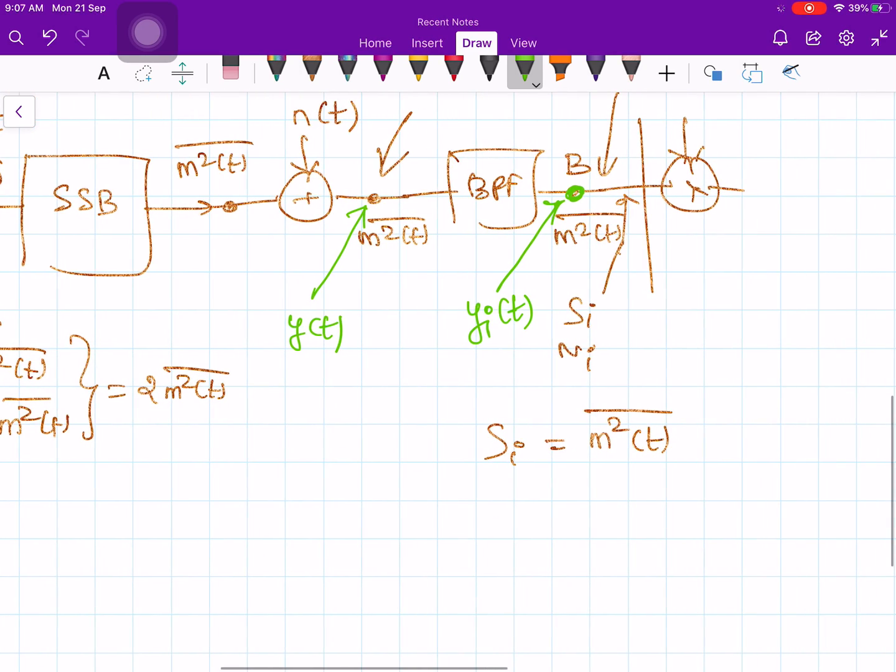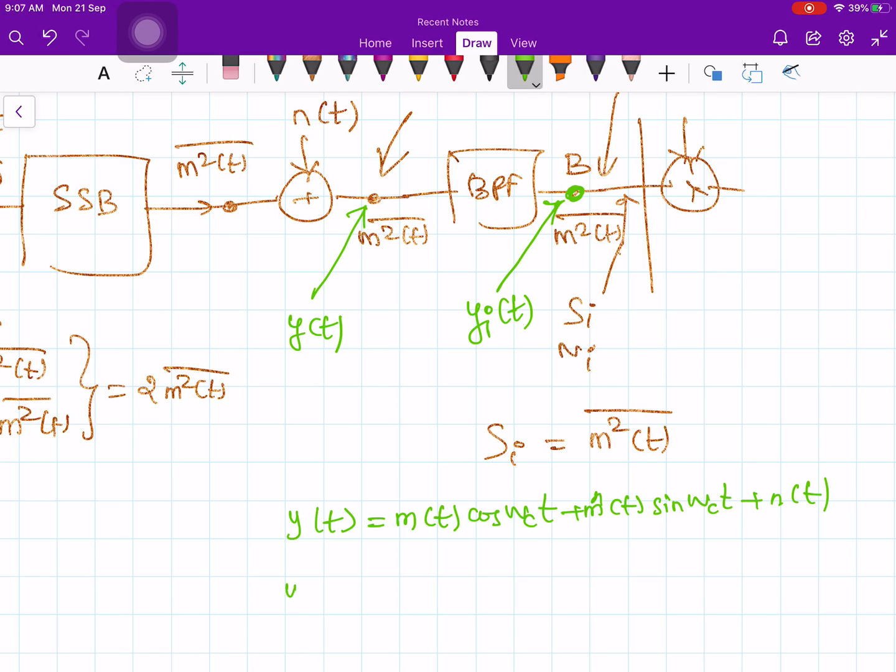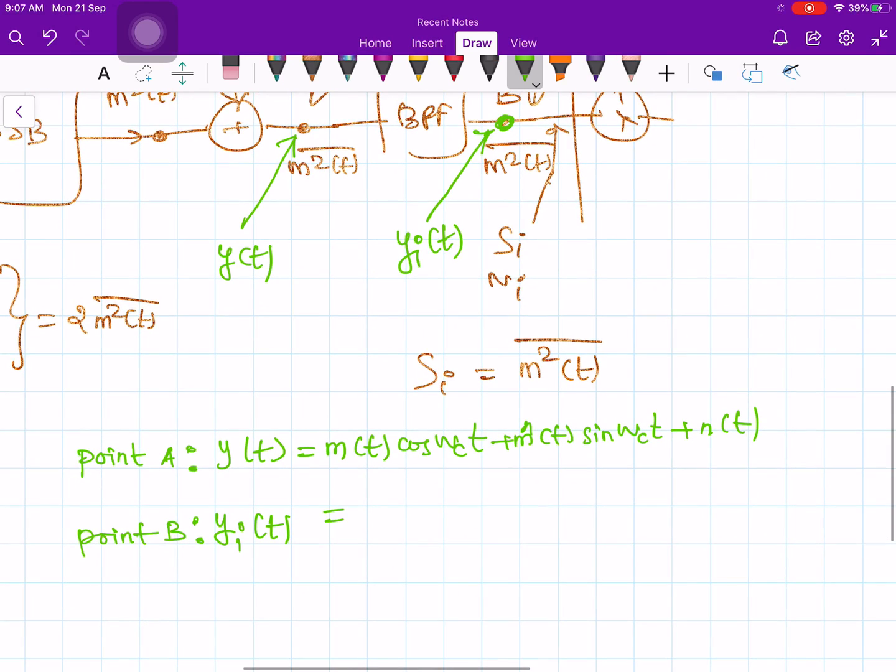So y of t is equal to m of t cos omega ct plus m cap of t sin omega ct plus n of t. And what is y suffix i of t? This is at point B, and this is at point A. At point B, yi of t is equal to, after band pass filtering,